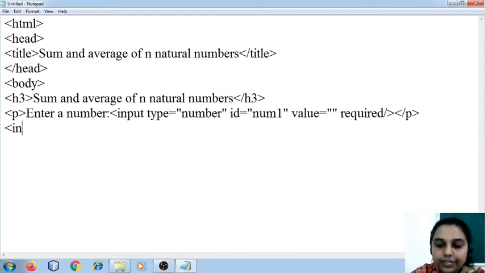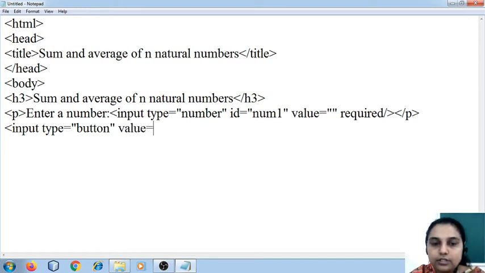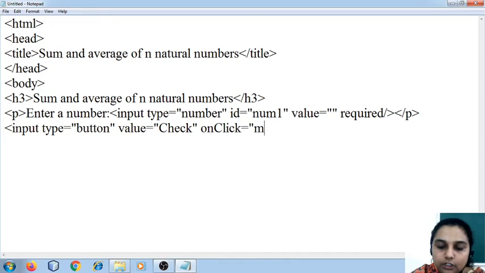After that, I am going to create one clickable button. It says input type is equal to button. Then I say value is equal to check. On click, what should happen? I should be redirected to my function, which I am going to write now.